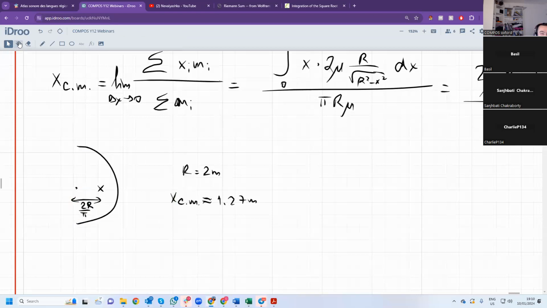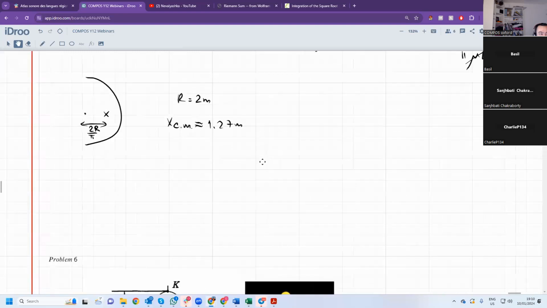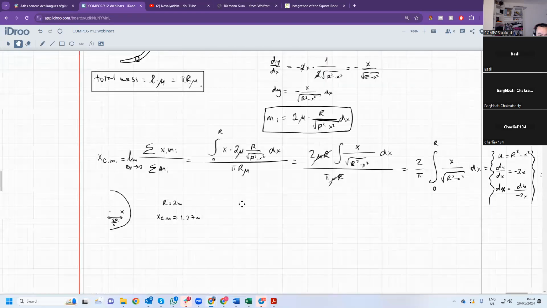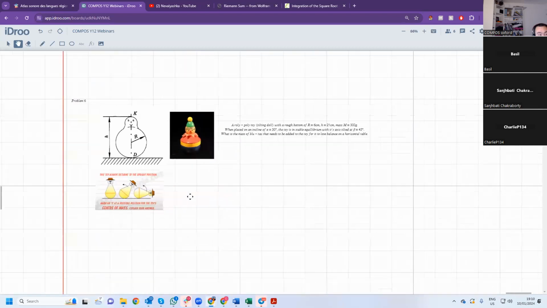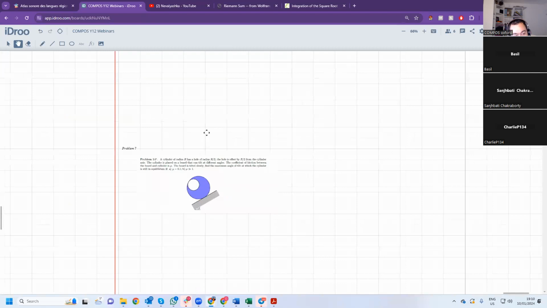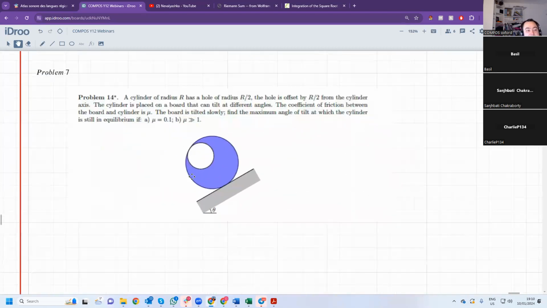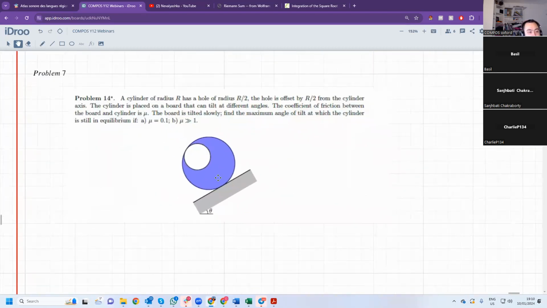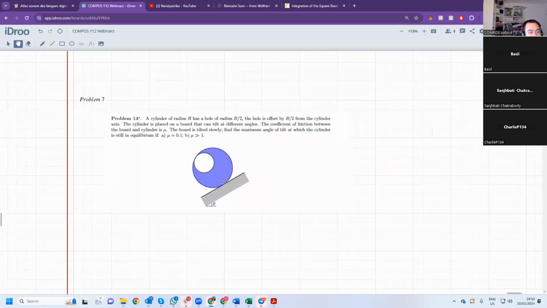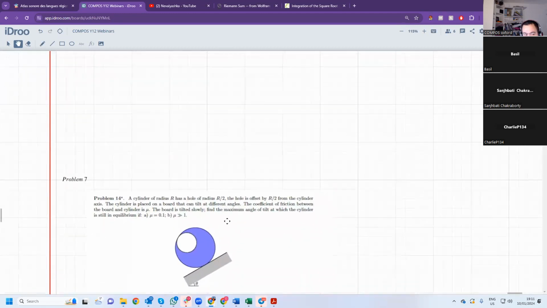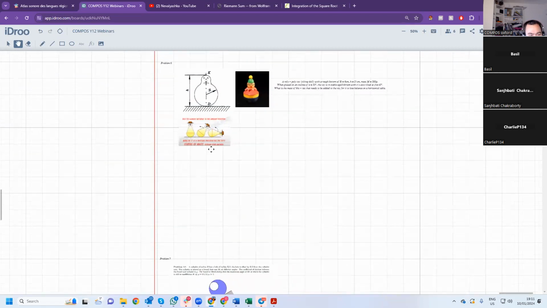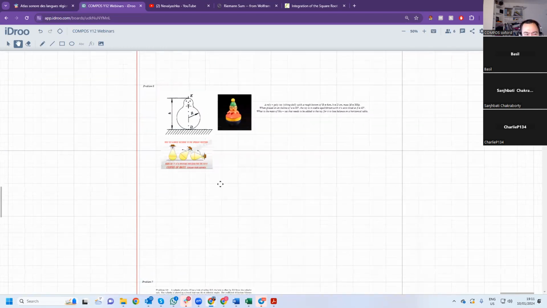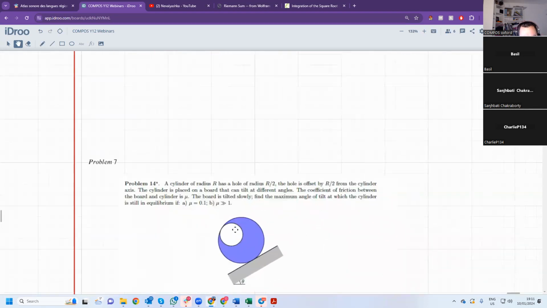Makes sense. Finally, we get to the last problem. It's completely different, though it's very similar to this problem. Actually, this problem was, I think, inspired by this one. I don't remember exactly where this problem came from, but